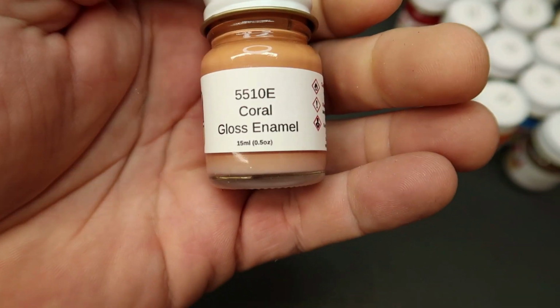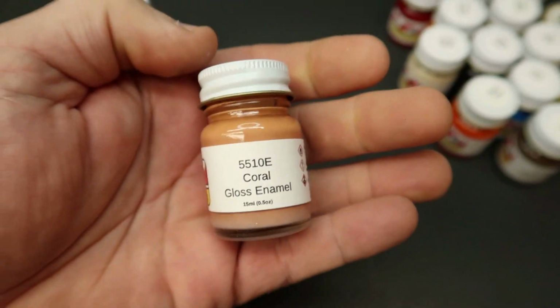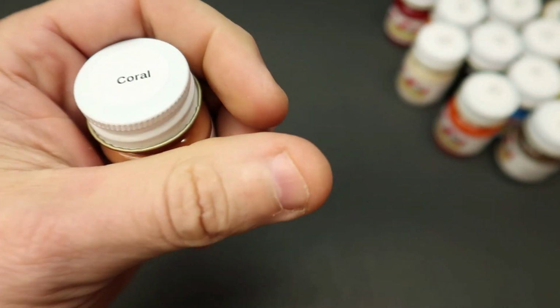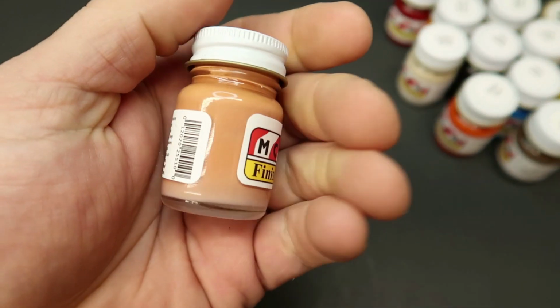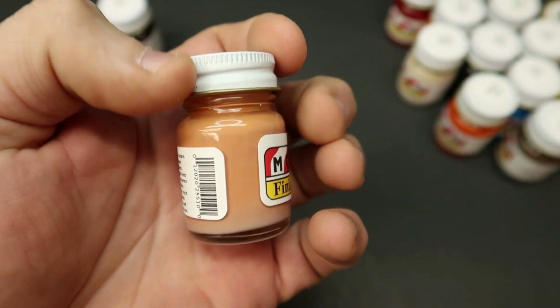Coral Gloss Enamel, 5510, so apparently 1955. I'll probably get corrected on this, I'm probably saying it all wrong again. But anyway, coral would be like on your '57 Chevy or something like that. I believe the coral color. Now these, without them being shaken up, it's not a great representation of what the paint actually looks like, because